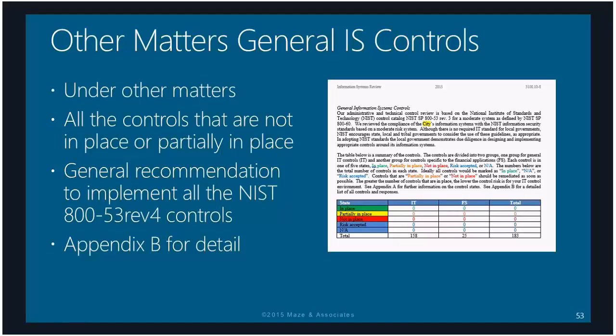Granted, they're not a concern for me for risk of material misstatement, but they should be a concern for your local government, because those things are known to lead to hackers and viruses and loss of data, violation of confidentiality, integrity, and availability of the system and the data